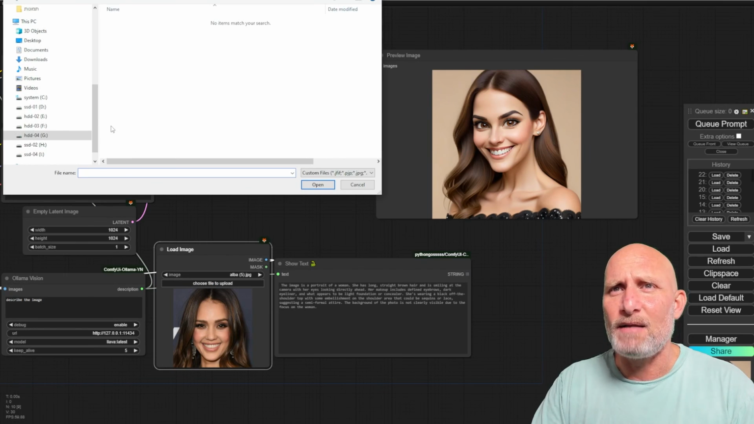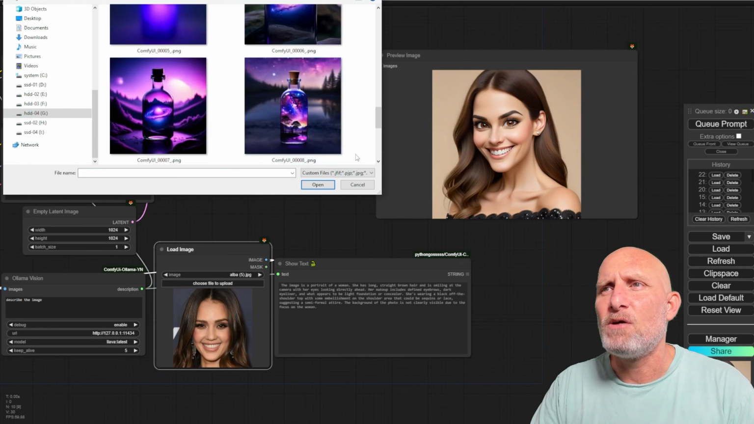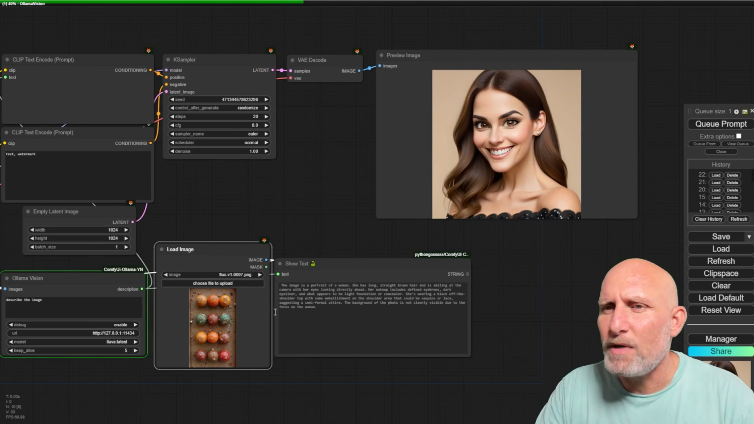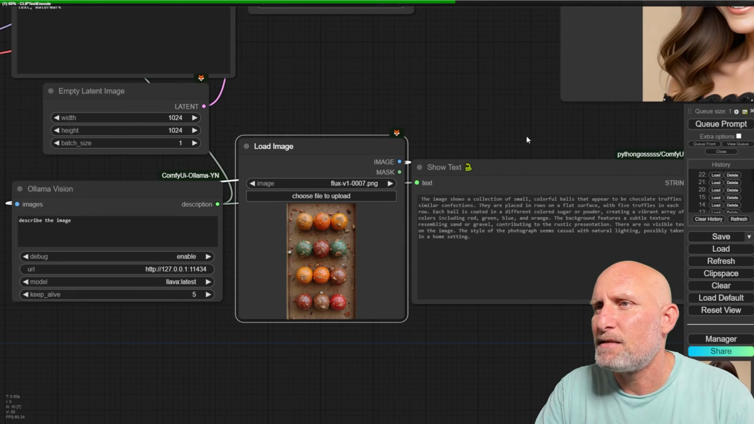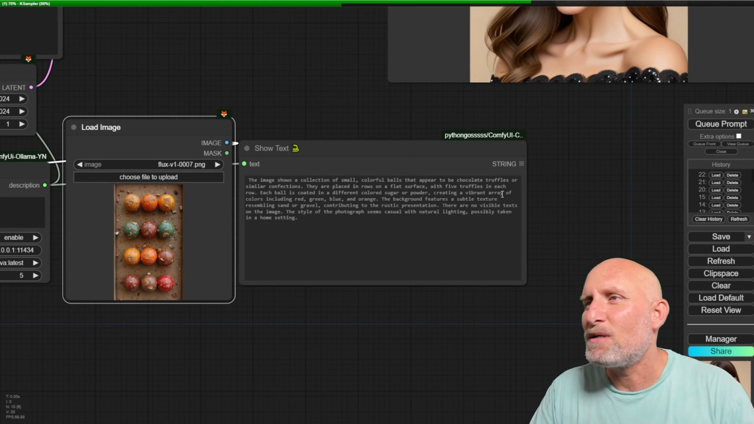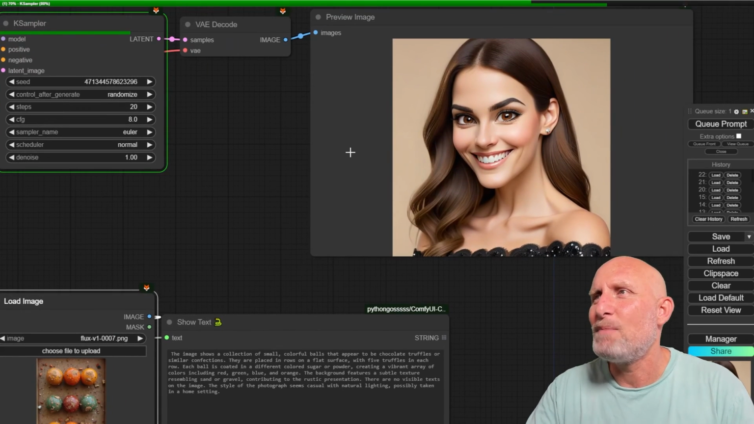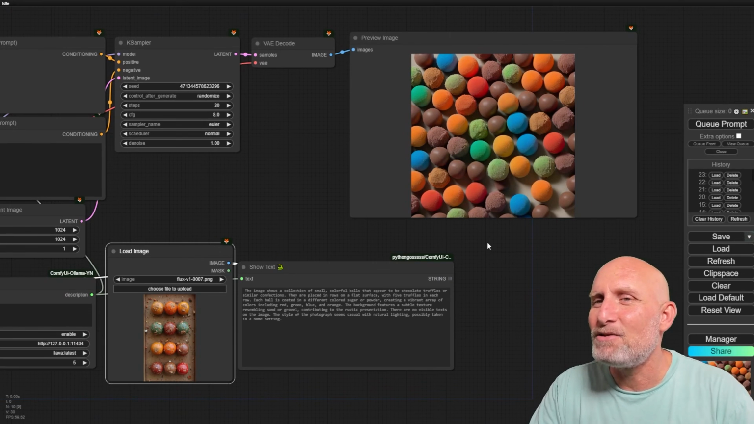And we can try another image just to see if it really is working and it's not inventing something. So here we have several balls in different colors. Let's let it run a second. And the image shows a collection of small colorful balls that appear to be chocolate truffles or similar confection. And let's see what type of an image it will generate. And you can see that once again, it managed to generate a prompt that really resembles the concept of the